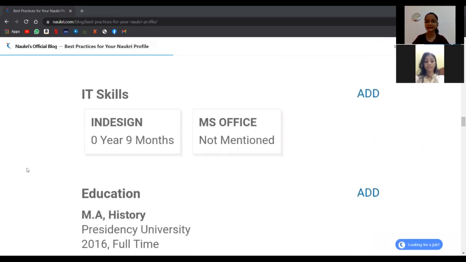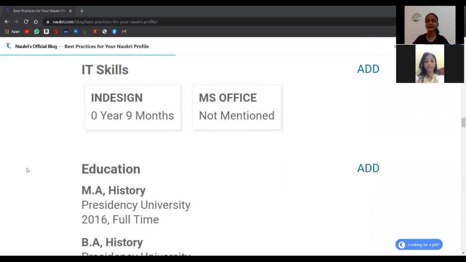And coming to the IT skills, in the sense information technology skills. In case you are an expert in any kind of languages such as C, C++, Java, and if you have experience of that particular language for some period of time, you can even mention that in this option. And if you are an expert in any kind of field, such as MS Office or the languages, as I have mentioned before, you need to fill that information in this IT skills.